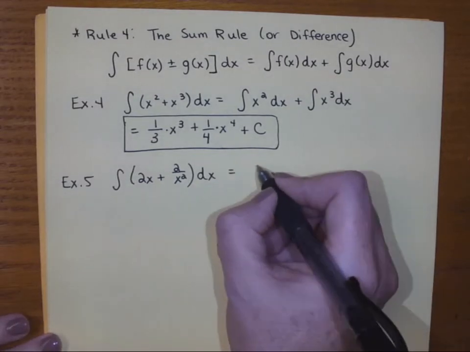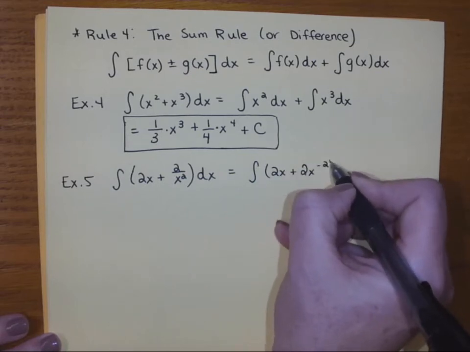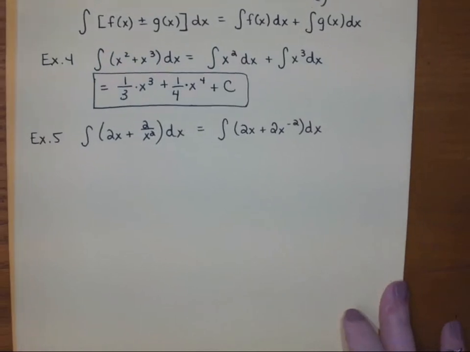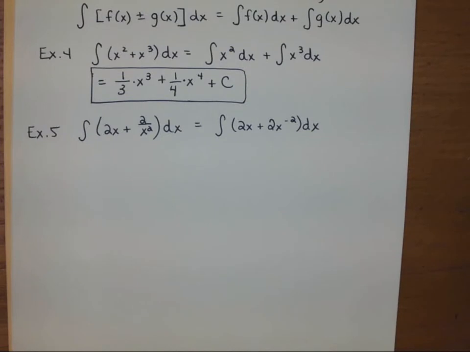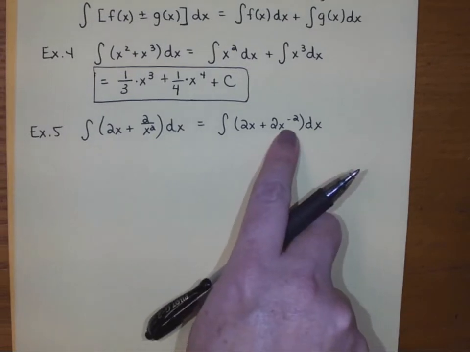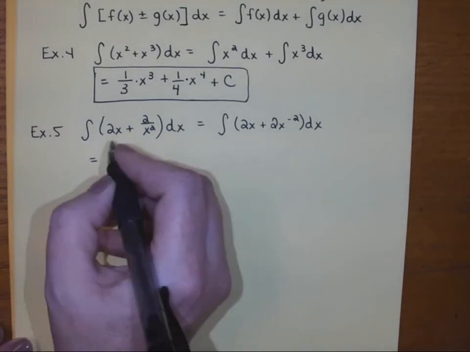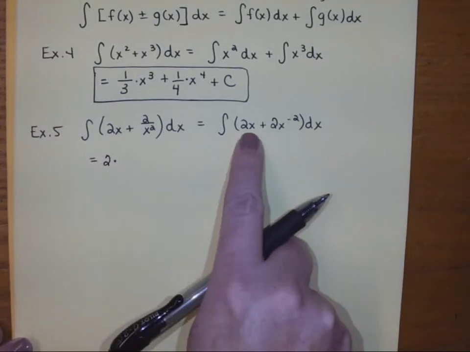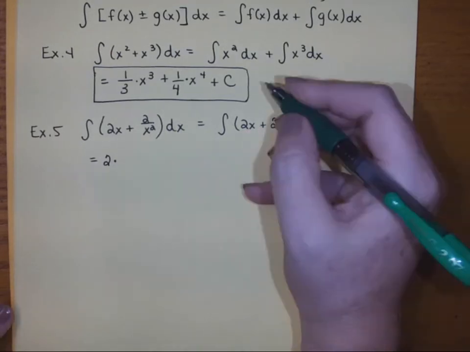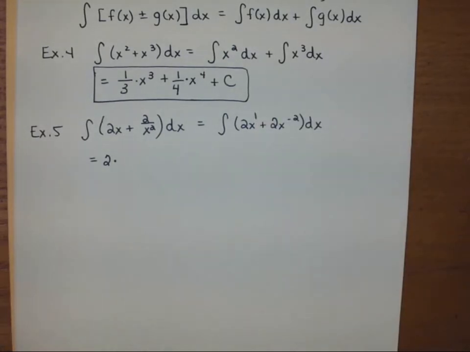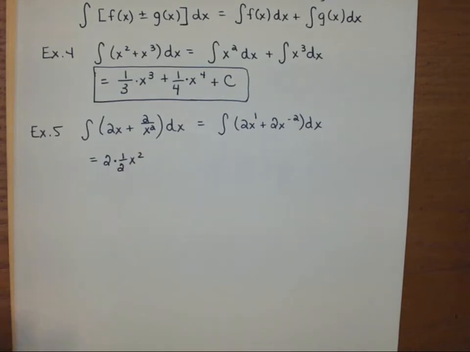All right, so just like with derivatives, I really want things to look like exponents before I can begin to do antiderivatives. So notice, I had to repeat my integral symbol because I haven't done the bump the power up by 1 thing yet. All I really did is rewrite 1 over x squared as x to the negative 2 power. So let's see if we can figure it out. First of all, any constant being multiplied by a function just comes down, right? And then let's talk about this. What's the understood power for x? It's 1, right? So if I increase the power by 1 and multiply by 1 over the new power,